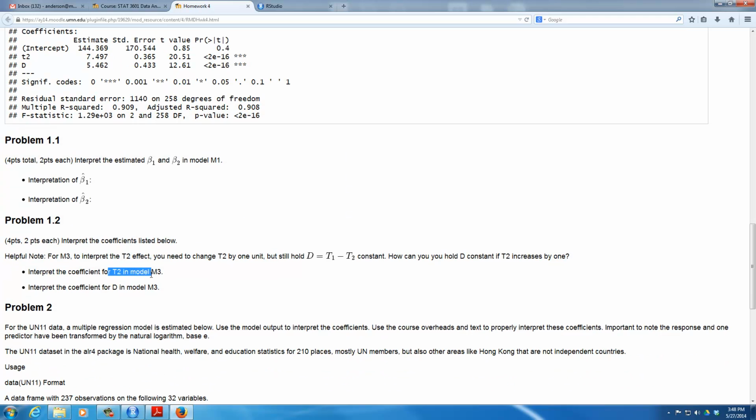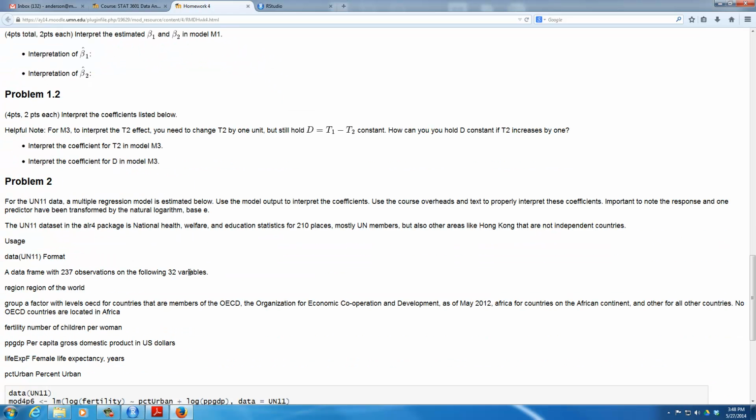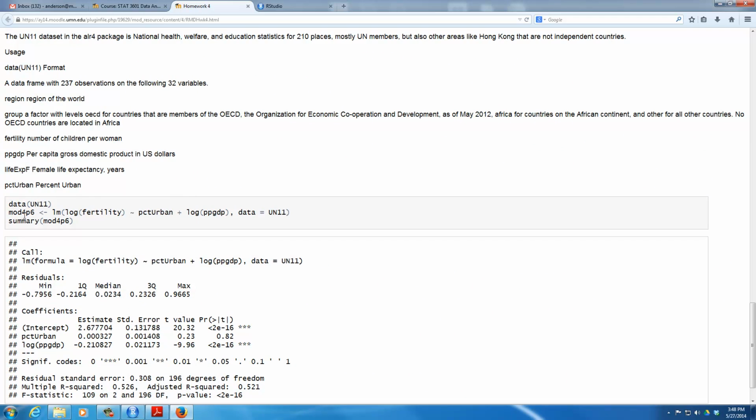So try to interpret that for the first part of this one, and then interpret the coefficient for D in the second part from model M3. Next part of the homework asks you to use the United Nations UN 11 data, and we're going to make a linear model with the log base e of fertility. Remember that fertility is the number of children per woman, so this would be the logarithm of the number of children per woman. And we're going to have the percentage of the population that is urban,